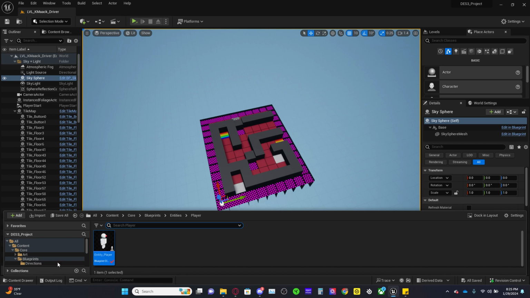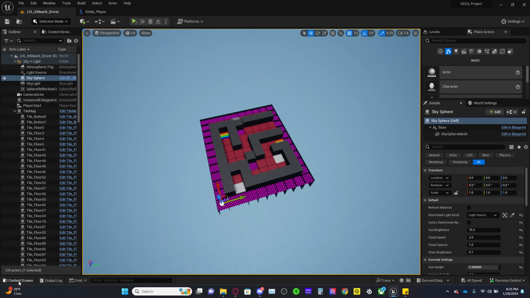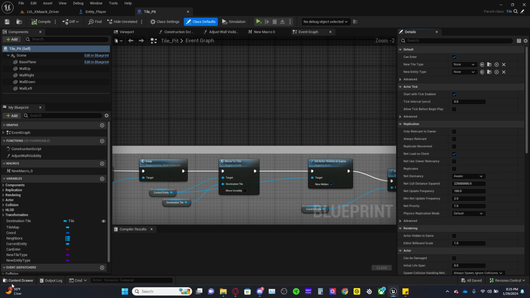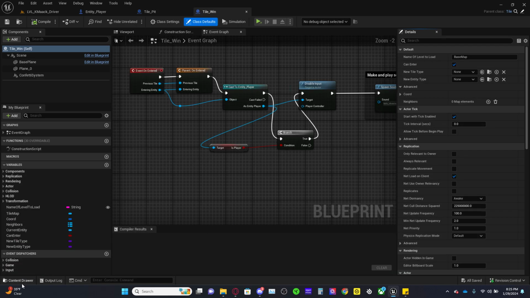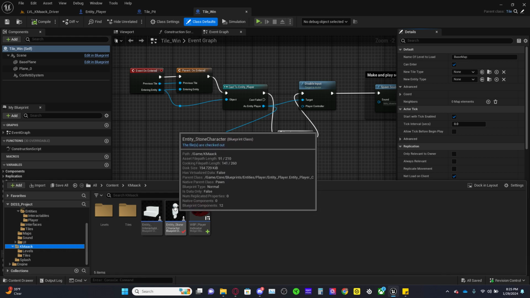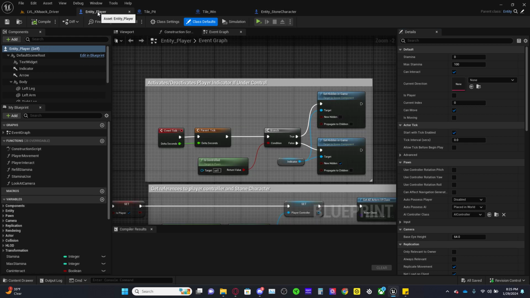Now, to get the functions of the new mechanic, I had to make some changes. Okay, so to start off